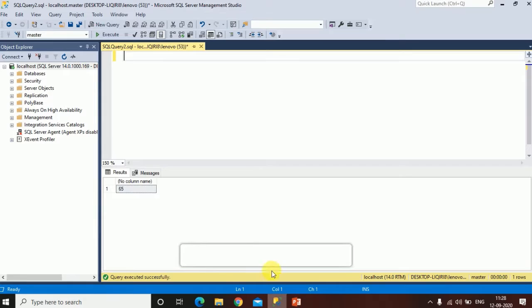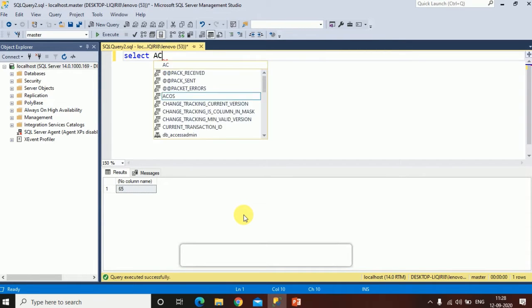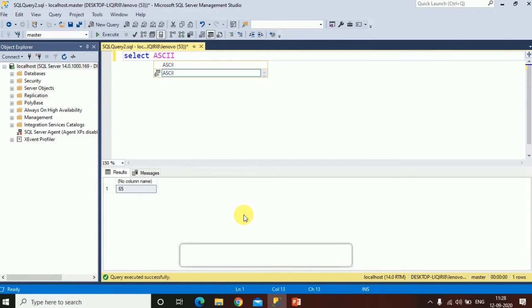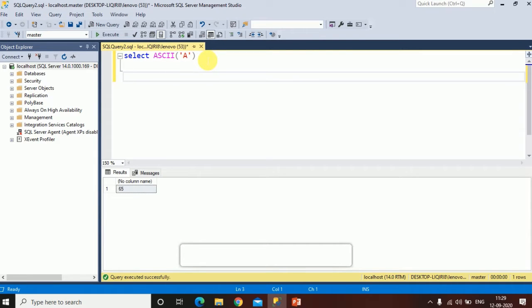We'll go to SQL Management Studio. We'll say select ASCII of character A. It will return the ASCII value of character A. So 65 is the ASCII code for character A. Now if I have the ASCII code and I want to find the character, I will use the CHAR function.